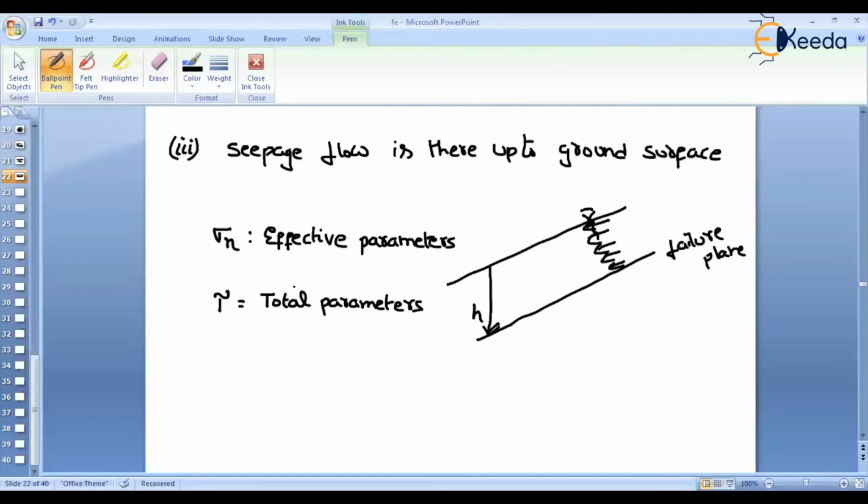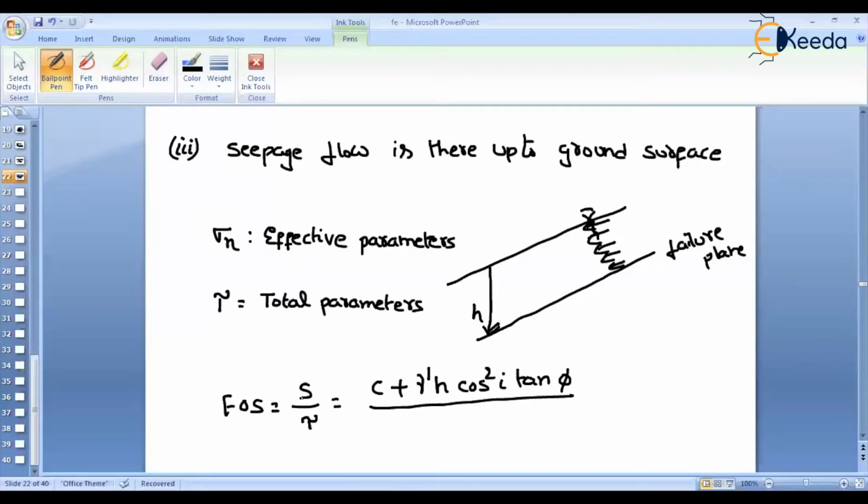So based on this, similarly write down the factor of safety. Factor of safety will be written as shear strength divided by shear stress. That will be equal to C plus, for sigma n, you have to write it in terms of the effective parameters. What are the effective parameters? Submerged unit weight gamma dash into H into cos square i tan phi, divided by